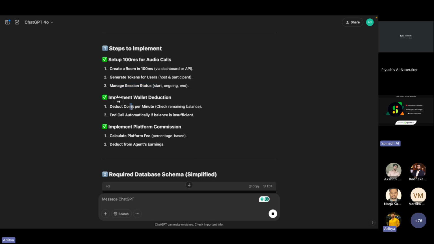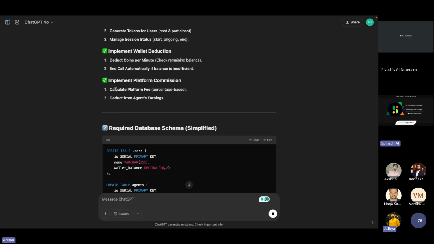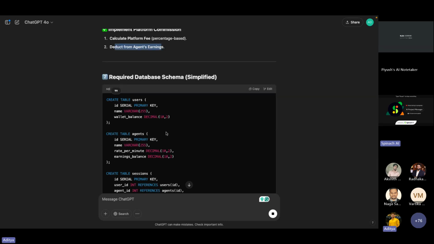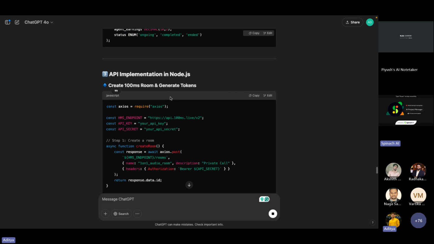और इसमें हम एक वॉलेट इम्प्लीमेंट करेंगे, जहाँ पे पर मिनट डिडक्ट होगा। और कॉल ऑटोमेटिकली एंड होगी जब बैलेंस इनसफिशिएंट होगा। कैलकुलेट प्लेटफॉर्म फी परसेंटेज बेस्ड है और डिडक्ट फ्रॉम एजेंट अर्निंग। तो इसको हम फाइन ट्यून कर सकते हैं। इसने यहाँ पे डेटाबेस भी बता दिया, सिंप्लीफाई किया कि डेटाबेस कैसे रहेगा, इसमें हम नहीं जाते।